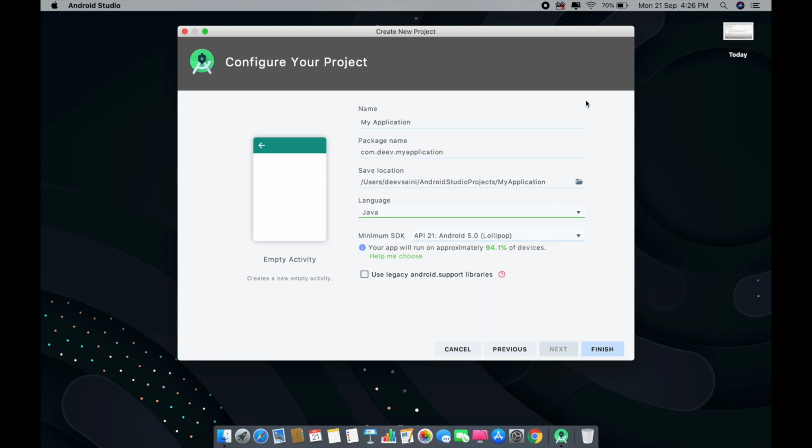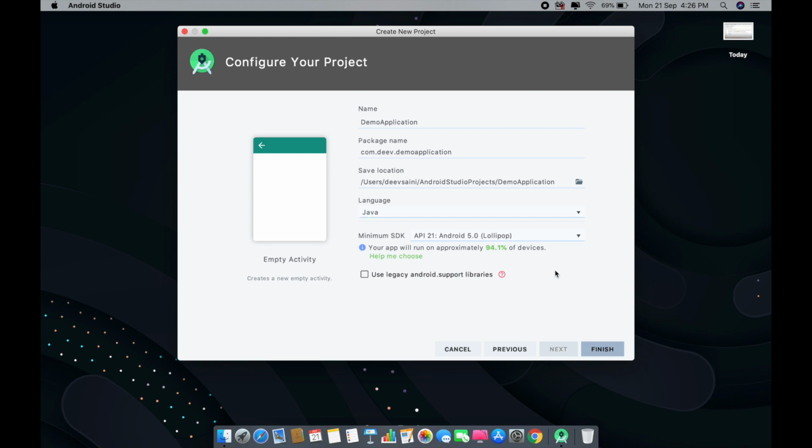Upon clicking next, you may see a window like this. This here is your application name. For this tutorial, I am going to name it demo application. This here is your package name. You don't need to worry about this right now. It will come to play later when we are going to upload our application to Google Play Console, or we are going to use some third-party APIs and stuff like that. This here is the location your project is going to be stored on, and this is your language. Feel free to use any language that you are comfortable in. I am going to teach you with Java, so I am selecting Java here, and let the minimum SDK be selected by default and just click on finish.